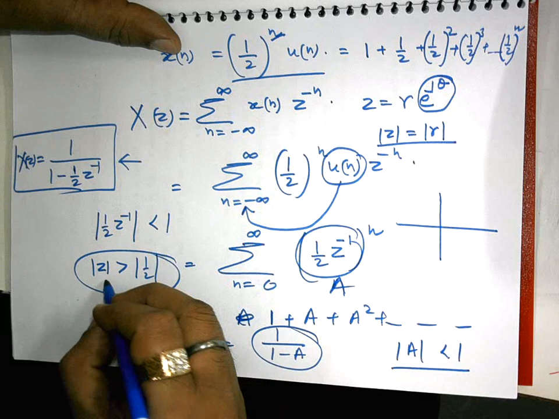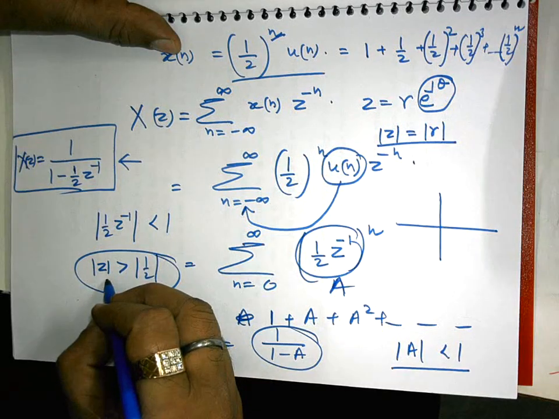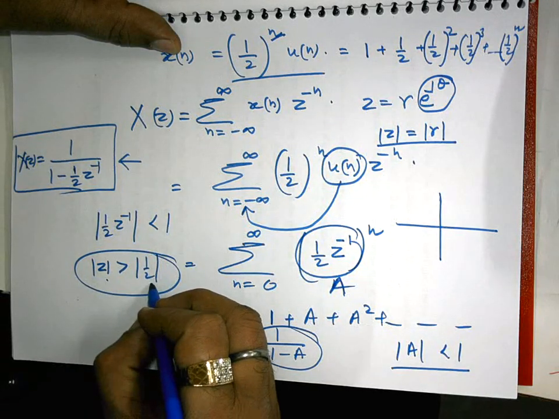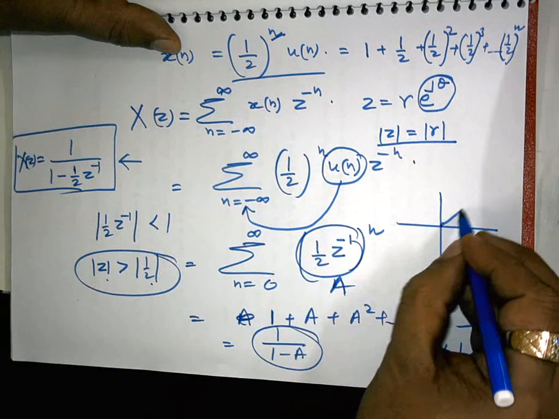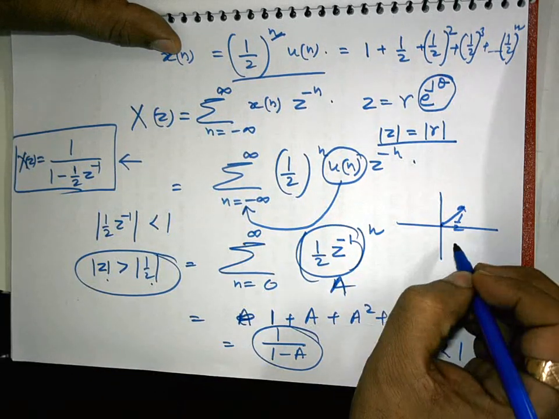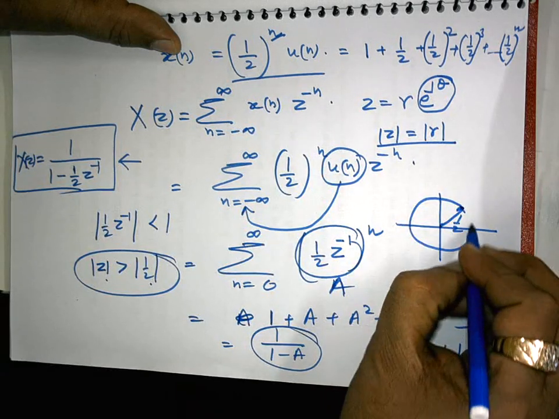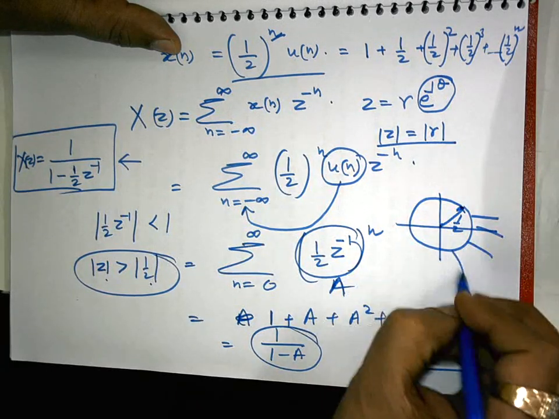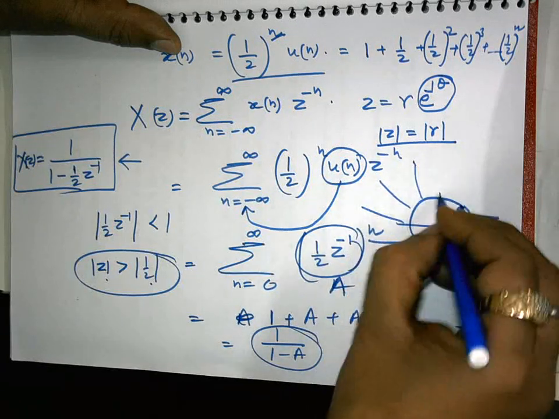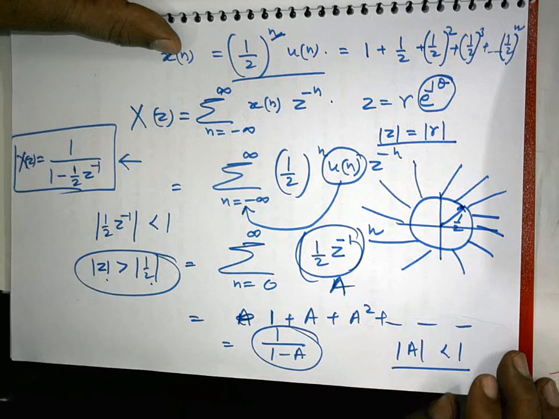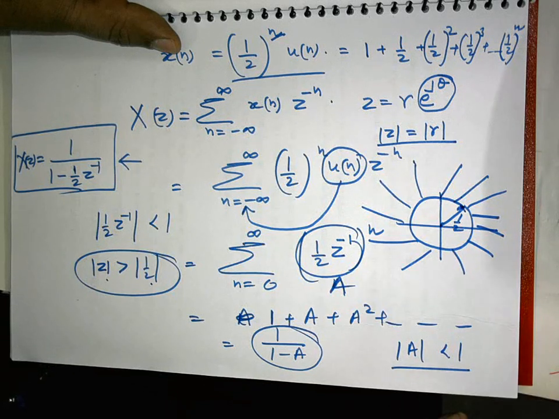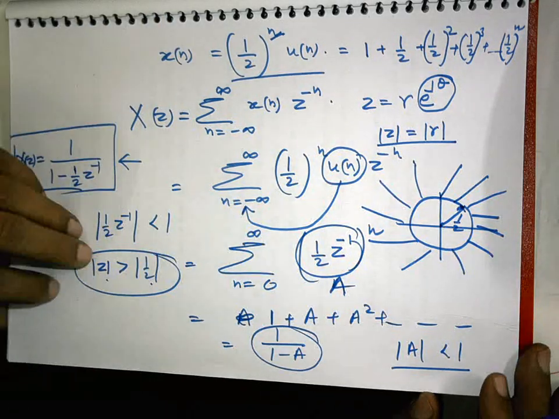So mod r in polar coordinates should be greater than a circle having radius half. So basically the region of convergence is exterior to this circle which has radius half. Getting this point? So now